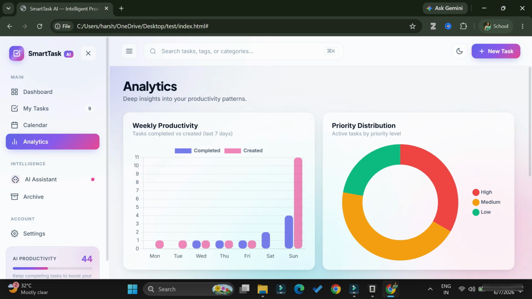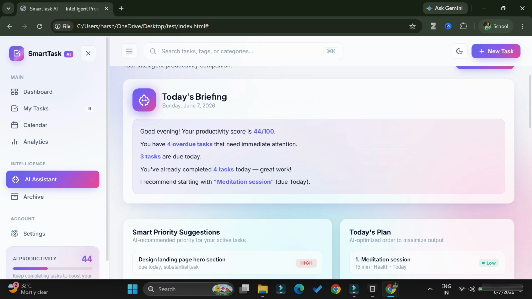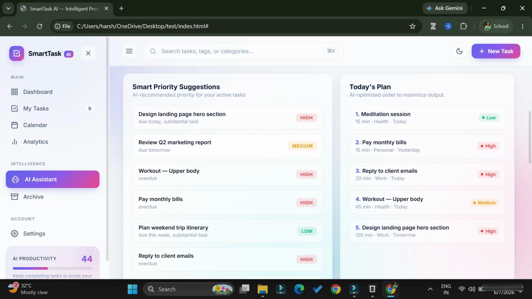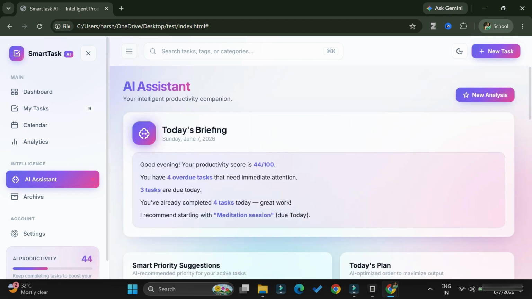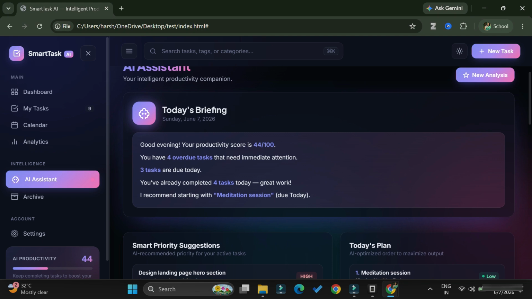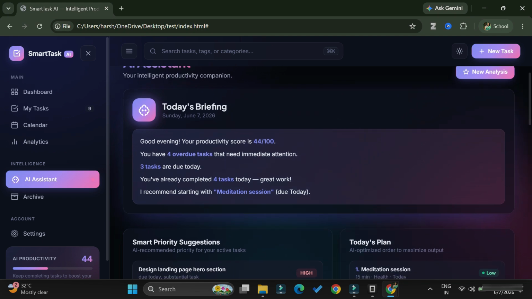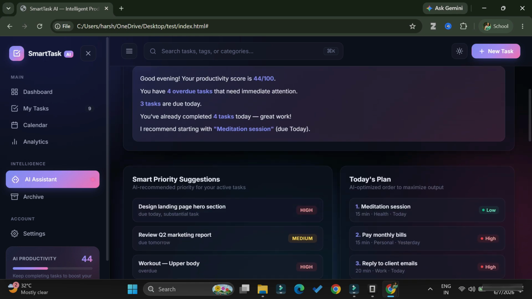And then here we have the AI assistant, which shows me everything about my tasks. And we have a theme also. You can switch from dark theme to light theme or light theme to dark theme. So it's showing me, good evening, your productivity score is 44 out of 100 because 3 tasks are due today and there are some tasks which have been completed.